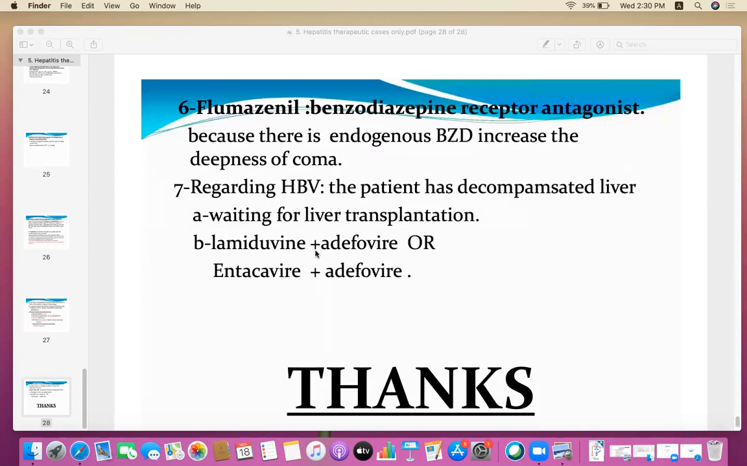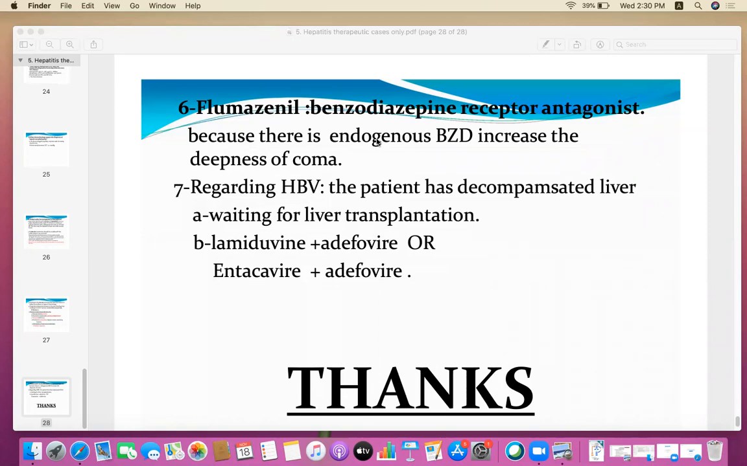So this is all about the cases of liver hepatitis and hepatic encephalopathy. Study these two lectures very carefully, and please, what should you know from today's session? Just please remember